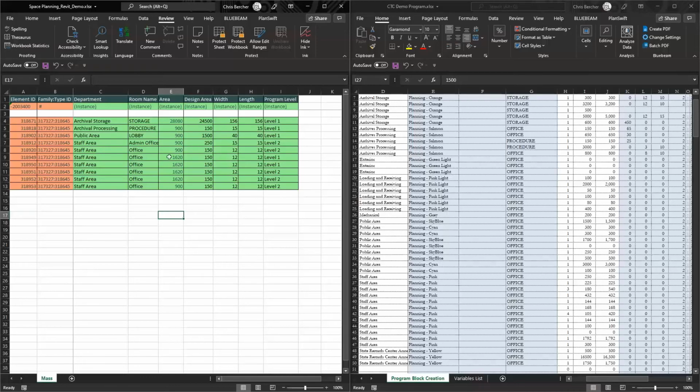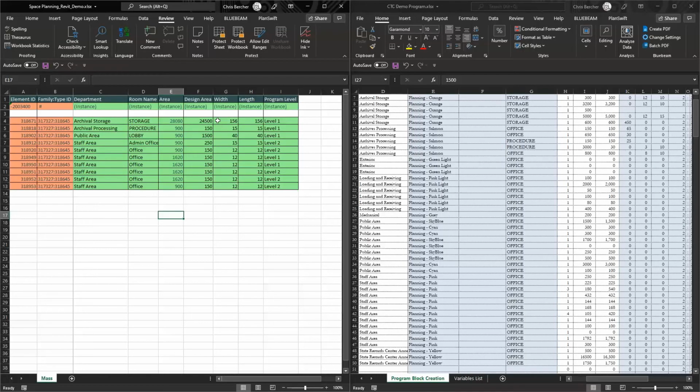So with that done, I'm going to go ahead and hit save, right? I've got an update to my file now. And what's nice about Spreadsheet Link and the ability to save these files out is anybody that has Excel installed or has an Office 365 account can edit this data. They can populate this for you. So it doesn't have to be the designer or whoever's working in Revit, chomping at the bit, trying to get things done, building content for the project, inserting the massing content, whatever the case,